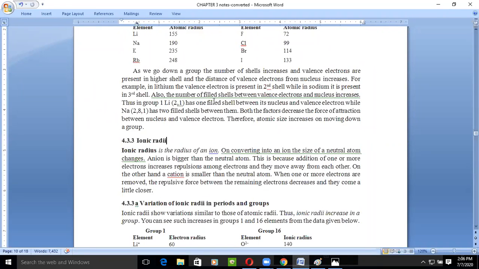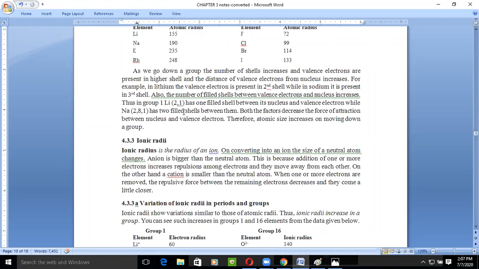Okay, this thing we have learned in 9th and 10th class, that the orbitals, the shells which are present around the nucleus, are K L M N. But these K L M N are subdivided into subshells that are known as S P D F. On the basis of this, the periodic table is divided actually, right? So if we talk about normal shell configuration, the third shell will take part. So this is the second shell in which one electron is there, and this is the third shell in which one electron is there.